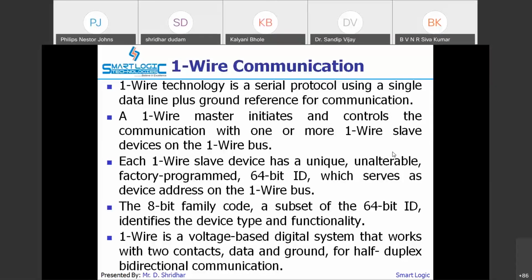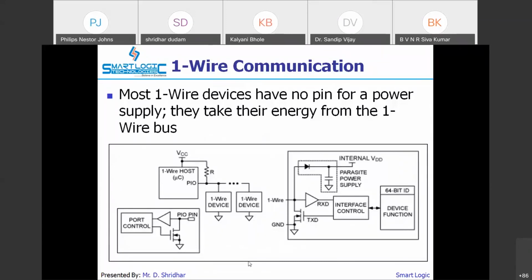Here is a diagram of how we can connect a number of one-wire devices to a single pin of the controller. Some devices need external power, but sometimes the power is taken from the master only.